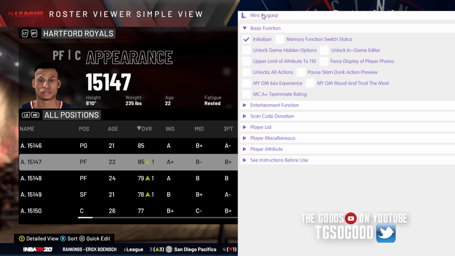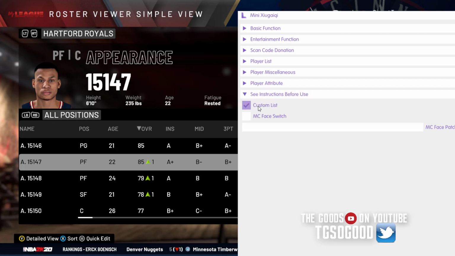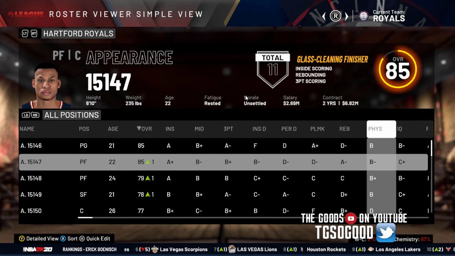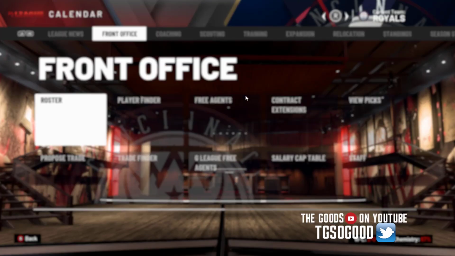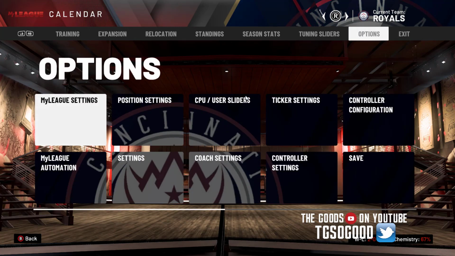So initialize Limnono Trainer. Then down here you want to have custom list selected. Basically that custom list copies any roster that you currently have up, so that you can use it in other game modes, except for existing saves. I can't copy a roster into an existing MyLeague. It won't work like that. But I can copy a roster to a new MyLeague with a new save,